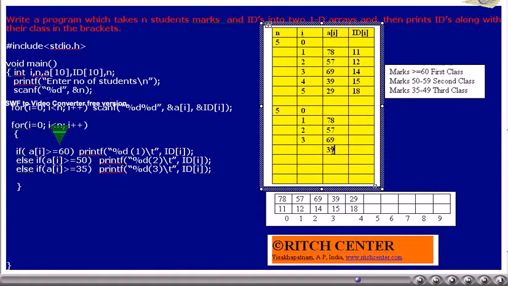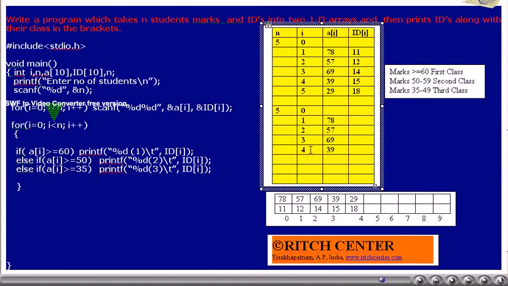No. Is 39 greater than or equal to 50? No. Is 39 greater than or equal to 35? Yes. Thus, his identification number, that is 15, will be printed along with 3 in the bracket, indicating he is third class student. I value will be incremented by 1.